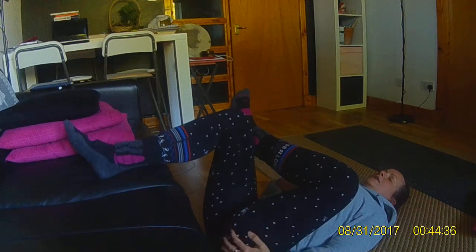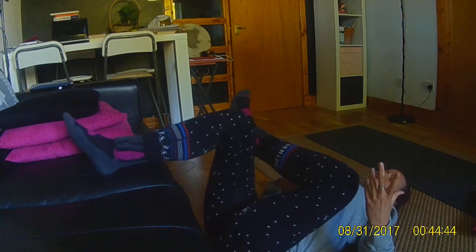So we're coming into this figure of four stretch, but allowing the shoulders, neck and head to stay relaxed and supported. Starting to feel a bit of a stretch into the back side, into maybe the back of the thigh, back of the hip here. So if it starts to feel too intense, you just slide the foot away again and then slide it back in as and when. When you've found a comfortable space for you to be in with your leg in,